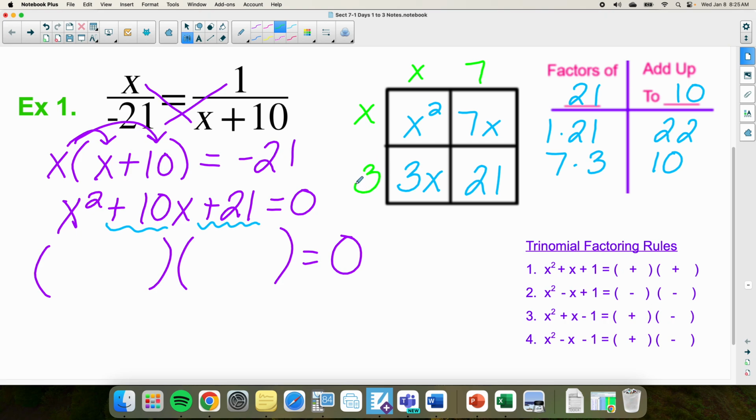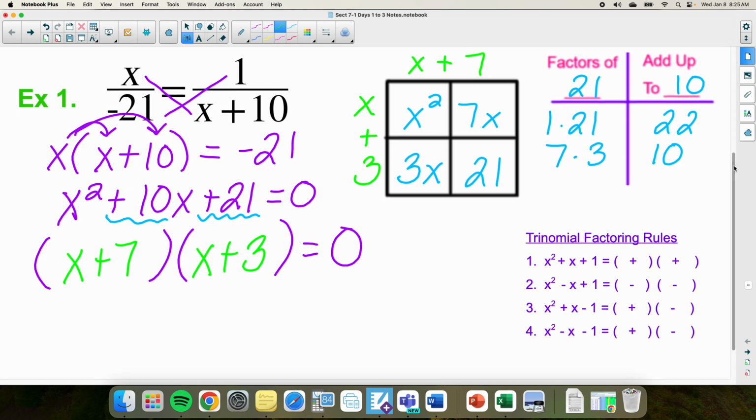And now this and this become binomial factors for what we're doing. If that was a -7, you'd think of it as X minus 7. If there's no sign in between, we think of it as plus, okay? So if there's no sign in between, we add a plus sign. Now, we take one of those factors and put it down here. We take one of those factors and put it here, and then we have to go ahead and solve it,